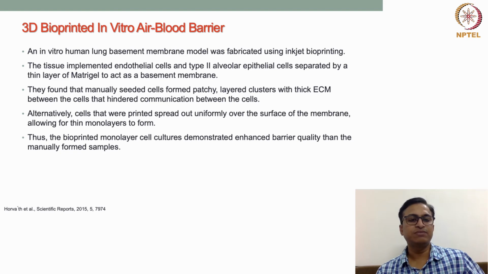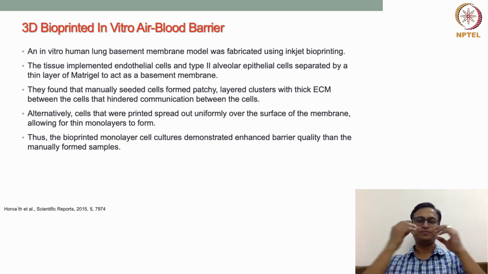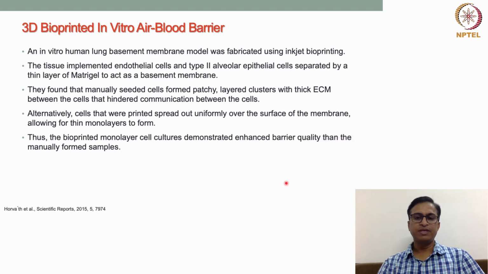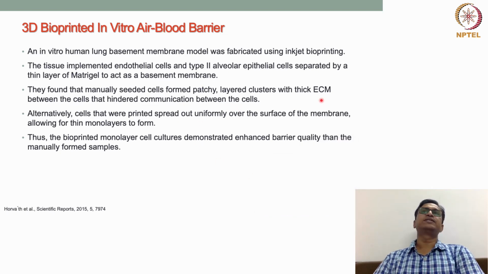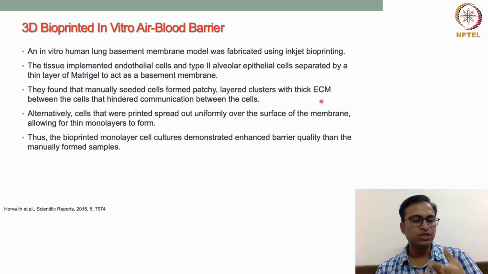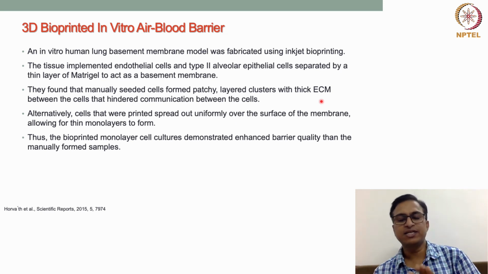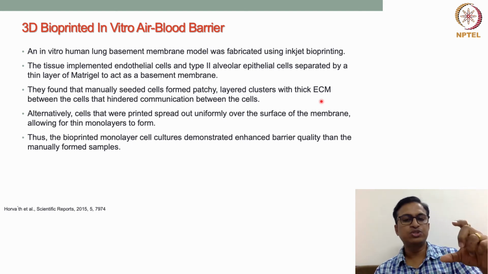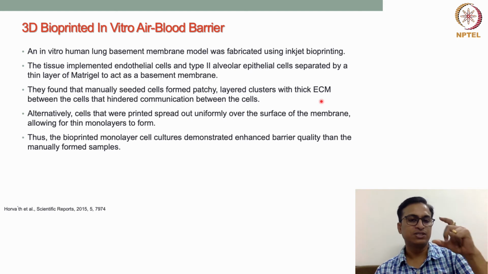But what they found, when they manually seeded cells, was patchy layered clusters with thick ECM between the cells that hindered communication between the cells. When the cells are manually seeded, what happens? In manual seeding, there is no control over the positioning of the cells into a particular layer, into a particular position on the substrate. That's why the cells can form a patchy layered cluster, and a thick basement membrane can be present between the endothelial cells and the epithelial cells. So there is no communication between these two cells, because the gap is larger than the critical